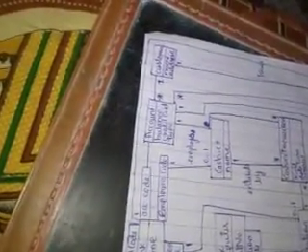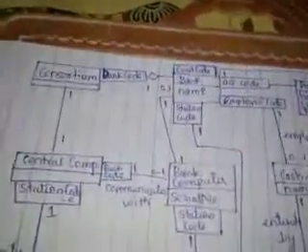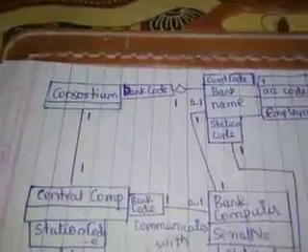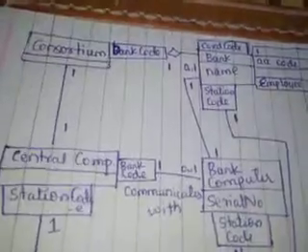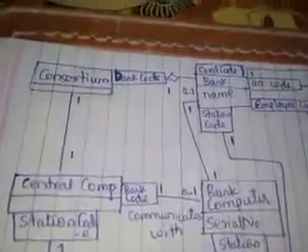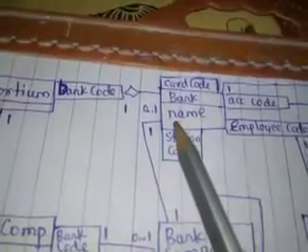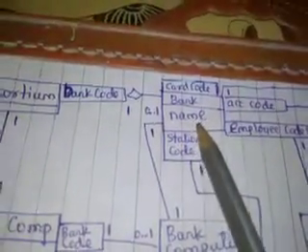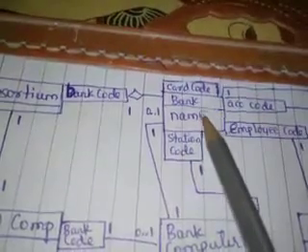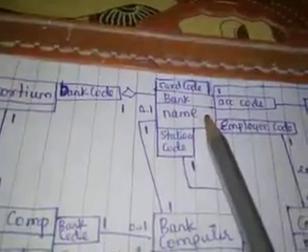Once we found out all this information, the next thing we should do is model the class with the help of particular attributes. Look here, previously we have drawn some of the classes. Now we'll go on adding the attributes. We had bank as a class. We made its name as the attribute, the bank name as an attribute.